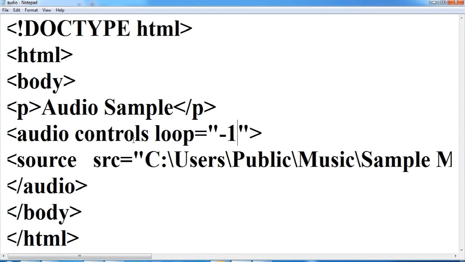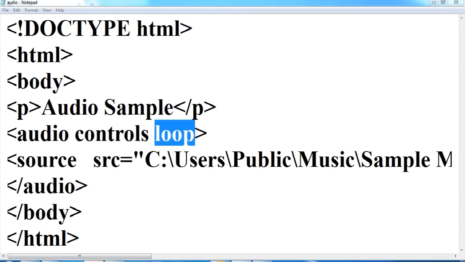So you can use -1 for loop, or if you simply use just loop, then also it will repeat again and again. You don't have to give the equal to sign here. You can simply use loop. If you are using loop, then it will be continuously playing. That is the use of loop.